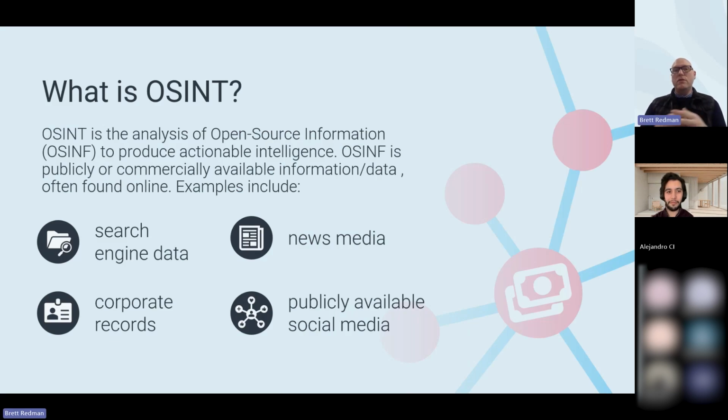So the first element that we need to discuss before we go any further, I think, is what is open source intelligence? Open source intelligence is the analysis and collection of publicly available information. Now, this stands again for open source intelligence, or we use the abbreviation OSINT. What this means for us is that we collect and analyze information in various different streams as to where we can find that, whether that's search engine data, news media, corporate registry, or publicly available social media. That can come across in many different forms in the way that we like to categorize them, such as structured, some of the ones that I've mentioned before in corporate registries, and unstructured data as well.